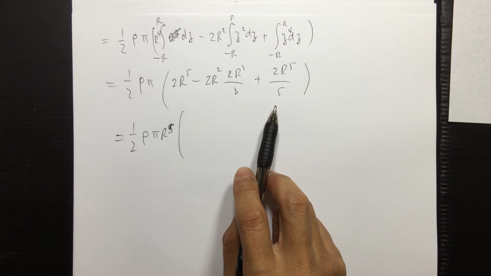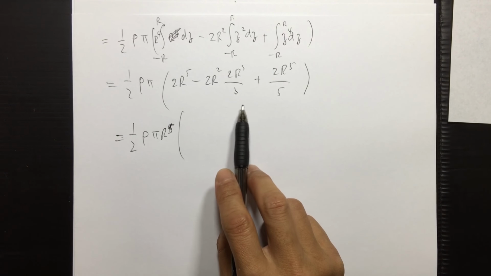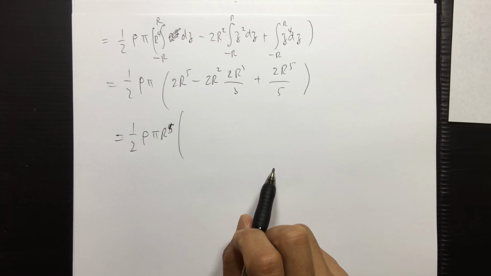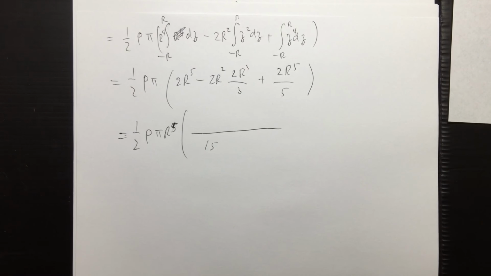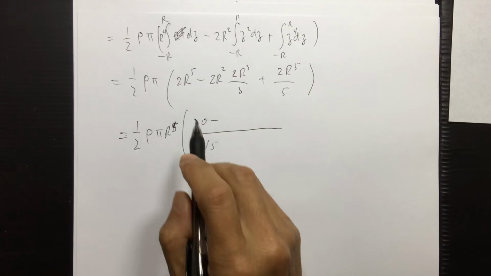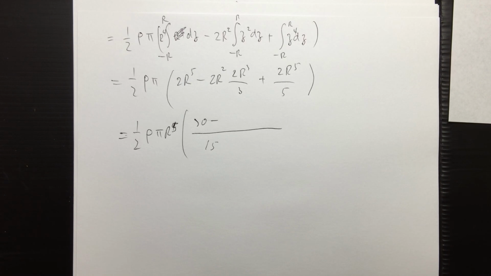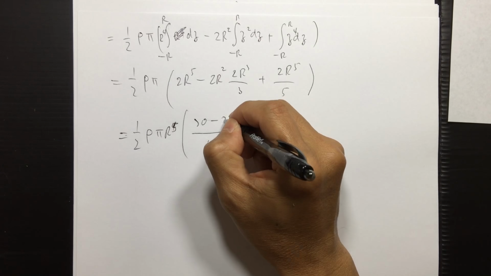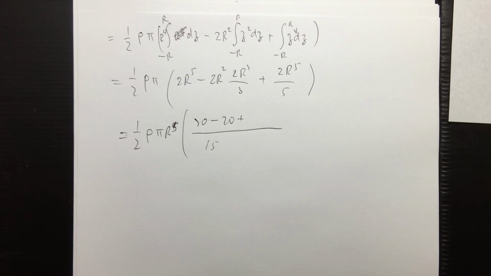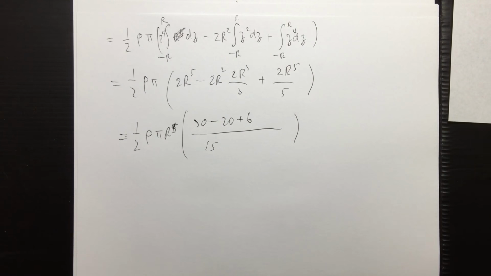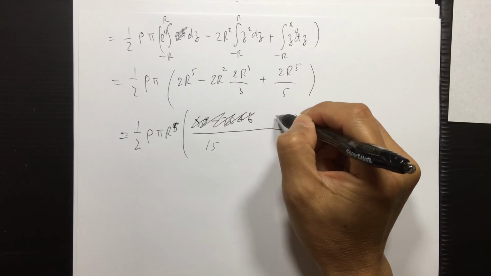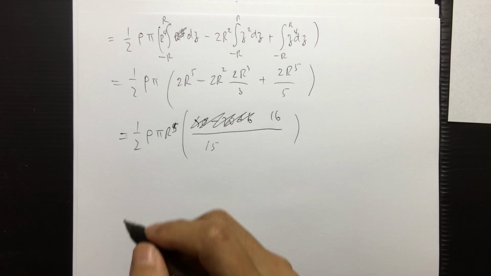what's the denominator? Now we can do 30. The common denominator of 3 and 5 is what? 15. I thought you meant 2, 3, and 5. 15. 2 is what? Oh, 30. Minus 4 is what? That's 20. Good. What's 2? 6. Okay, good. And this is what? That's 16. 16. Right? Yeah. So this comes to